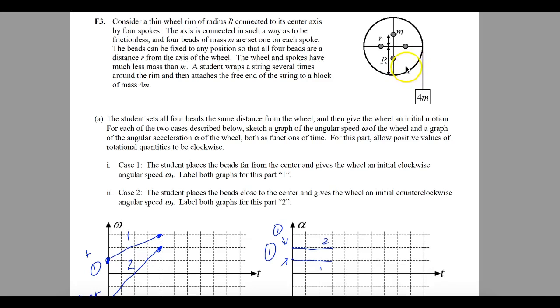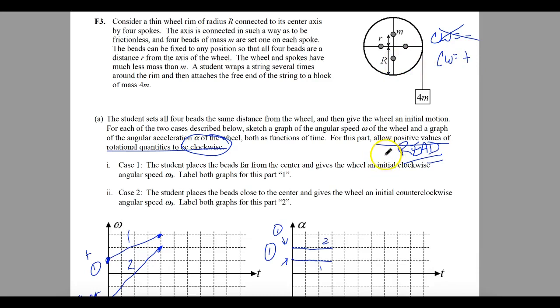Now, normally, that would mean clockwise is negative. So normally clockwise is a negative value. However, they said allow positive values of rotational quantities to be clockwise. So they have totally gone against convention. That means that you have to make sure you read the question, because I did this wrong and then went back and saw that this says positive values. So anyway, clockwise here, incorrectly if you base it on what we normally do, is positive, but we're going to